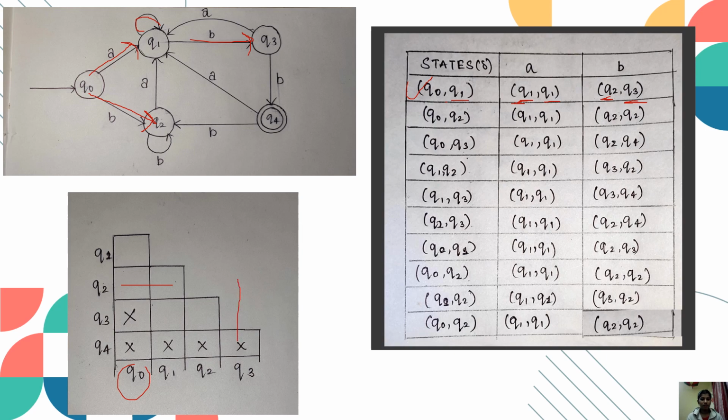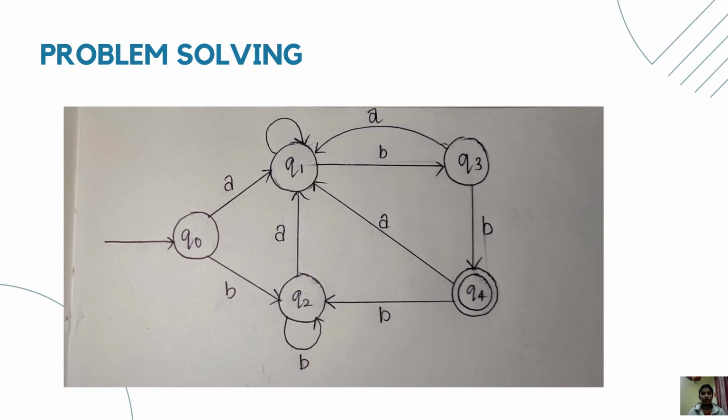And if we see from this side, Q2 Q3 exists, but currently it is unmarked, so we'll make this state Q0 Q1. Presently we leave it as an unmarked state. And there's also a rule to further simplify if some of the states are left unsolved. Next we'll see,